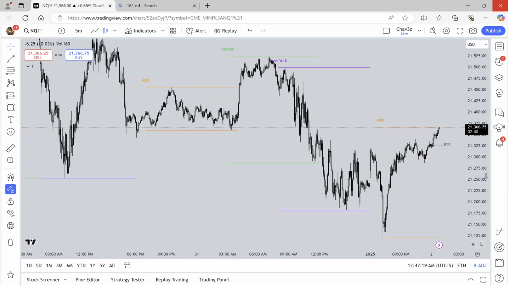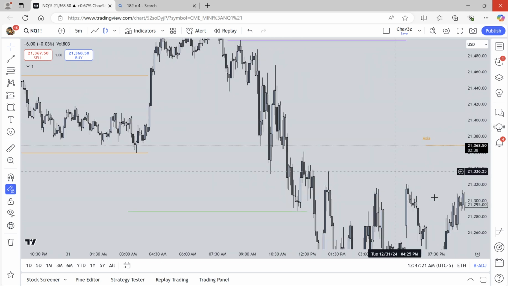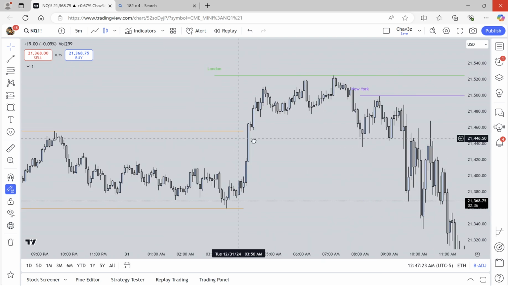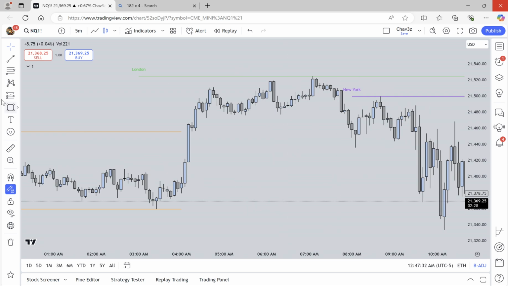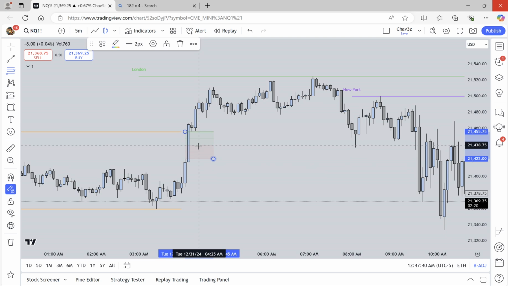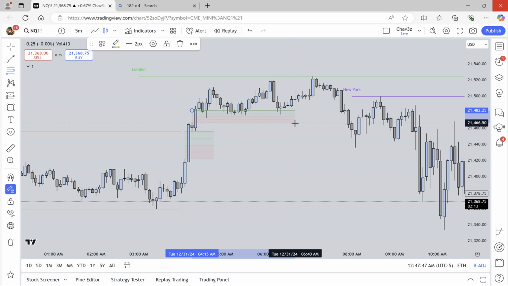Asia. What fair value gap was created when we displaced above Asia? We created this fair value gap here and this fair value gap here. That's your fair value gap. Let's map them out as a PD array. This is your fair value gap that was formed first. It never closed under the 50%. Now let's use this PD array as your fair value gap.